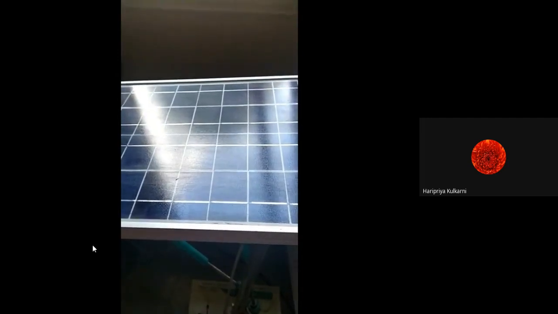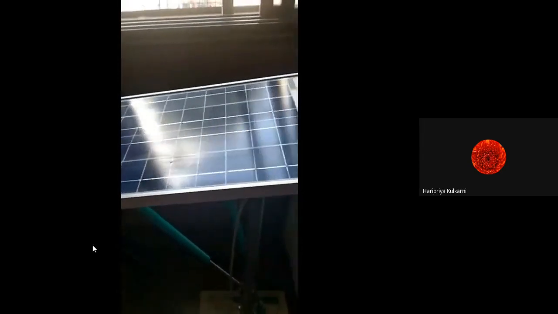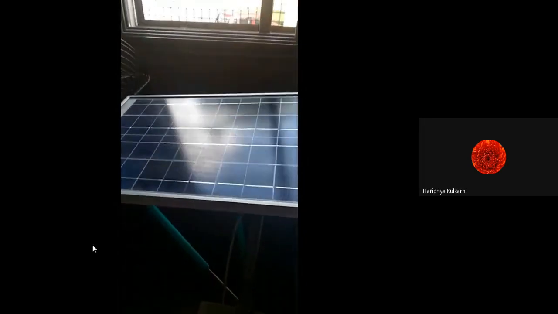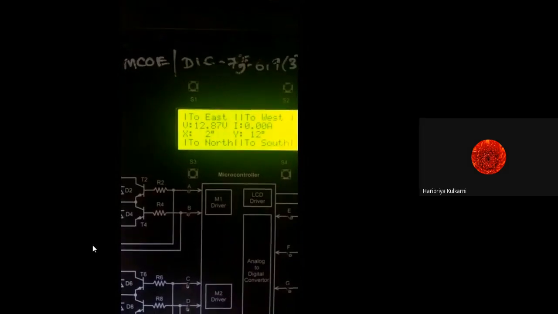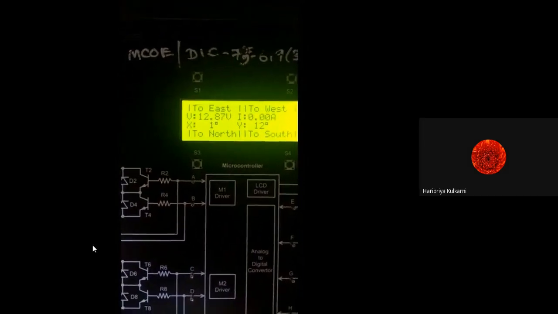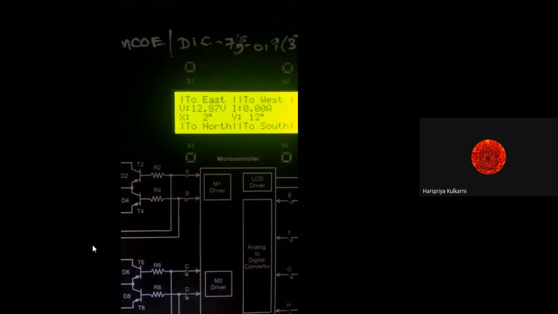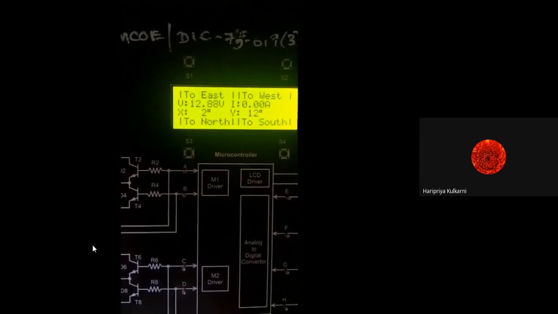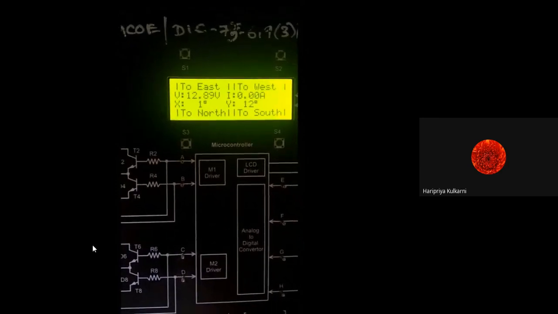Last time the reading was 14 volt. Now due to the change in position of the panel and sun tracking, it is changing. We are going in the opposite direction to that of the sun. Let us have one more reading. Now see, in the next reading, your voltage is 12.87 volt. In the previous reading, it was 14 volt. So we are not tracking the sun, rather we are going in the opposite direction. So solar extraction is decreased and we are getting less power. The X coordinate you can observe is 2 degree, the Y coordinate 12 degree. When your X and Y coordinates are changing, it means you are changing the position of the panel.